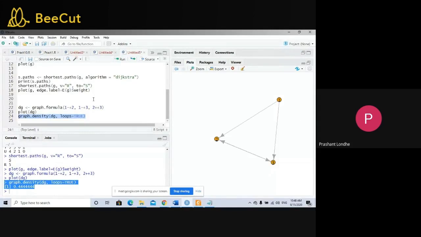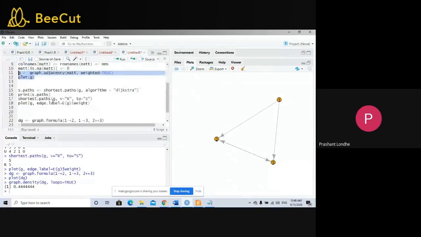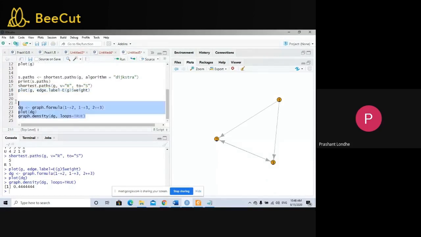So this is all about practical number 4. You're going to display the table, then you're removing the rows and columns, and you're plotting this graph with these statements, and then you are going to implement the Dijkstra algorithm, and you're going to display the path. Okay, if examiners ask you to display the shortest path between R and S, then that will be put like here: shortest dot path V is equal to R to S, and plot G H dot label, that is going to display your plotted graph, and this is the way of displaying the egocentric graph. Okay, so this is all about practical number 4.